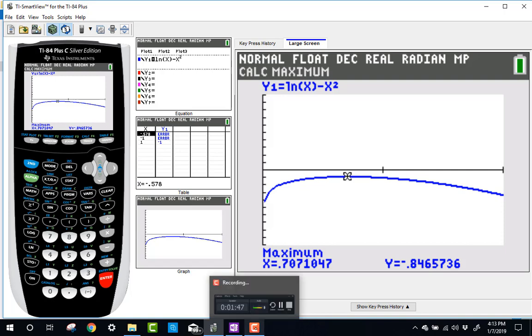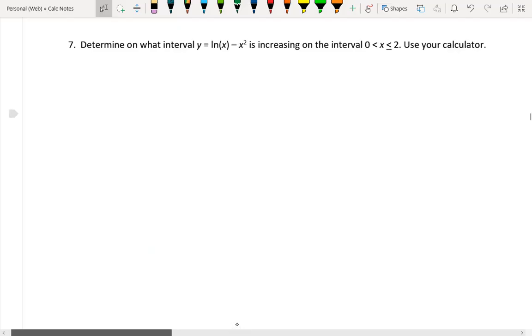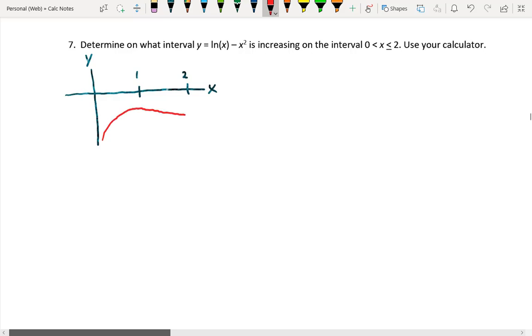All right. So if I go back to my picture here, I could actually draw this thing. Here's my x and y axis. Here's x. We'll put 2 over here, we'll put 1 right here, and this is my y axis. And this graph was doing something like this. Not perfect, but close enough, right? So we had a max right about here. And that point was